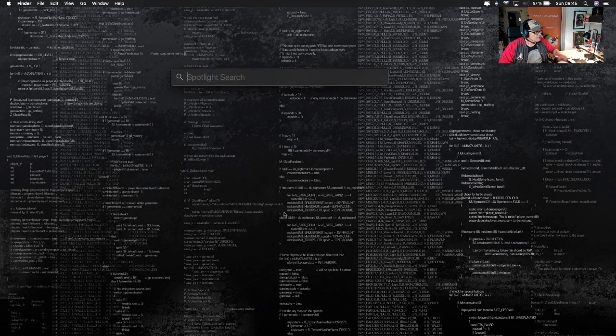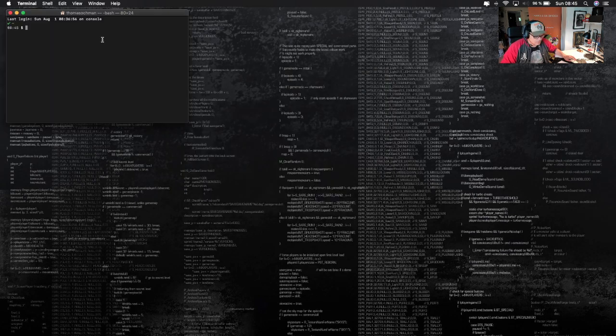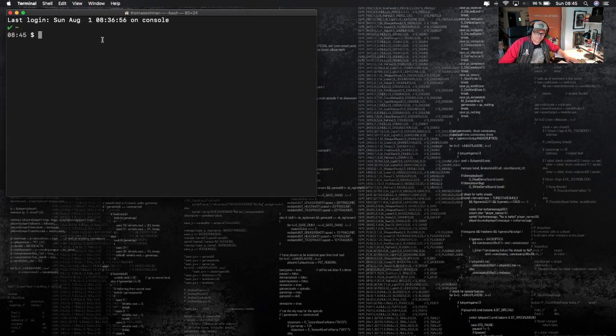Let's pull up our terminal. I rebooted my computer just a short while ago. I keep complaining about performance issues. It is what it is. Let's see. Just gonna take it easy and work my way through